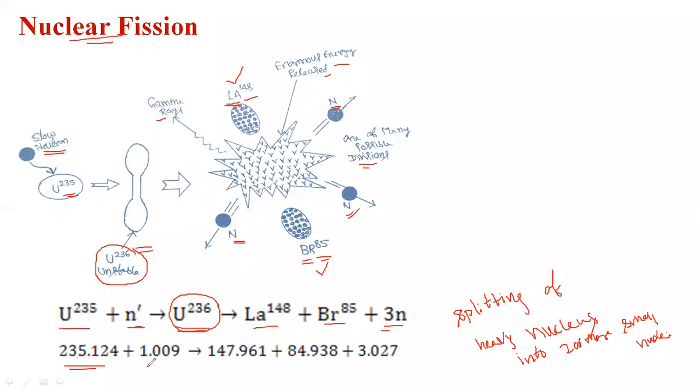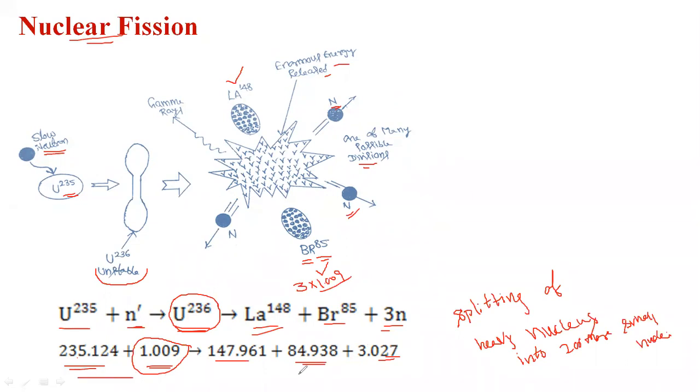The value of a single neutron is 1.009. In the mass equation, the lanthanum value is 147.961, and the bromine value is 84.938, plus the three small neutrons, that is 3 into each neutron, where each neutron value is 1.009. Three small neutrons are released, that is 3.027. Now this is the fission product, comparing to the right hand side,